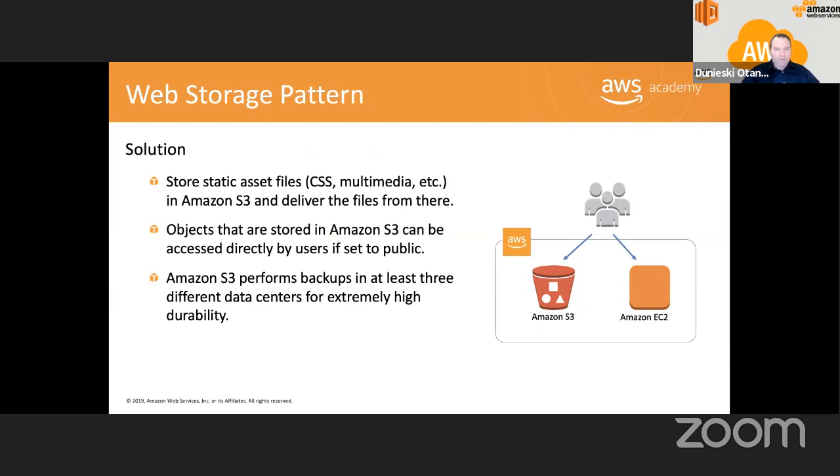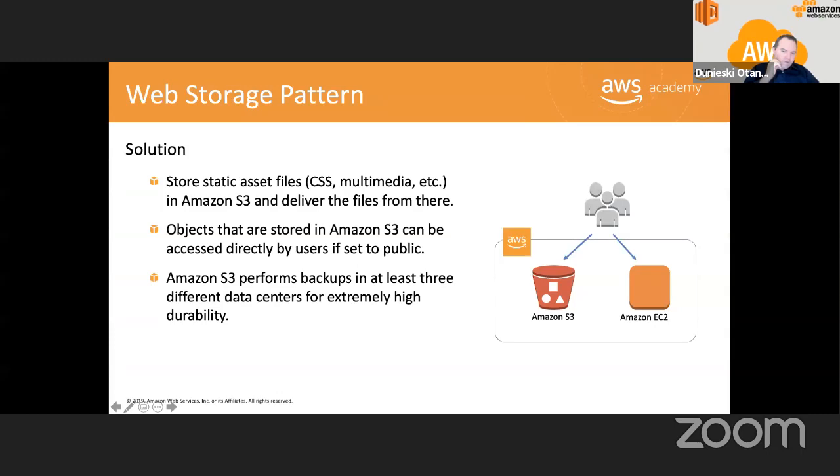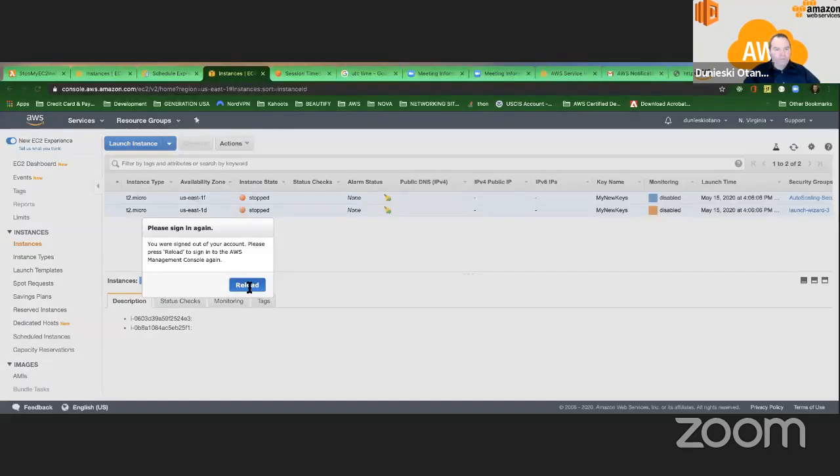So the solution is, let's say you want to put all the static assets in S3. Everything that has to do with HTML, CSS, images, and all that, you can put in S3, right? The objects stored in Amazon S3 can be accessed directly by users if set to public, right? So if I give you, for example,